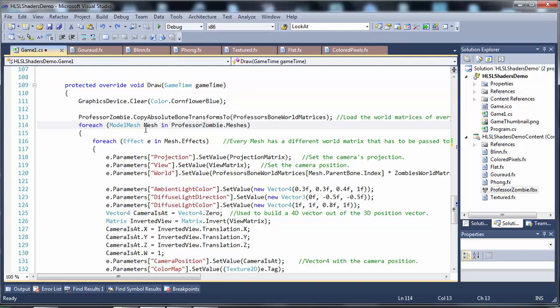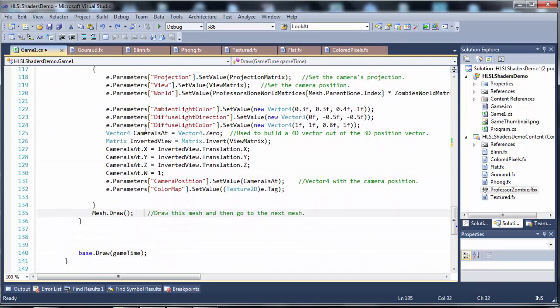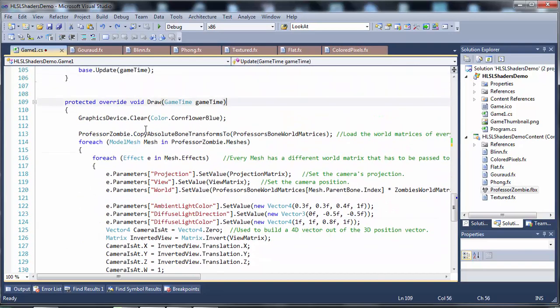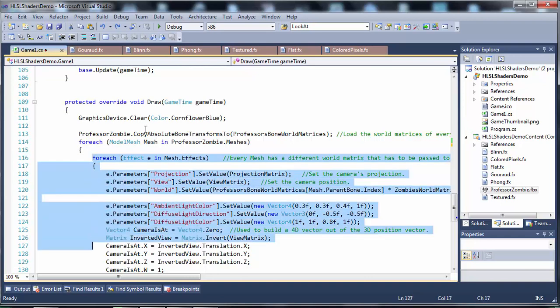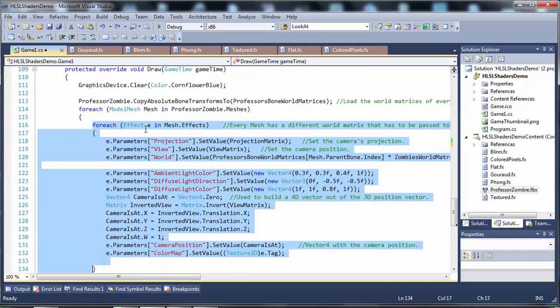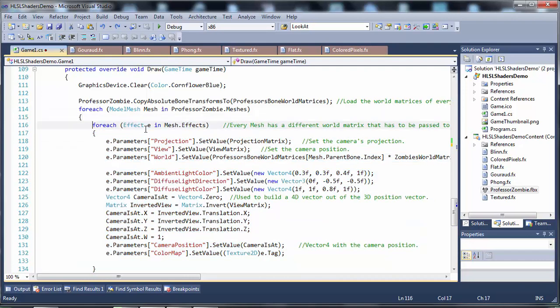We're looking at our mesh, the Professor Zombie mesh, and we're looping through every submesh and drawing every submesh individually. We're telling every submesh to go draw itself. But in between that, for each submesh, we go through its effects, which are the shaders. The shaders are actually stored in each model part. Each model part or submesh has a shader stored with it. And so we have to supply values to that